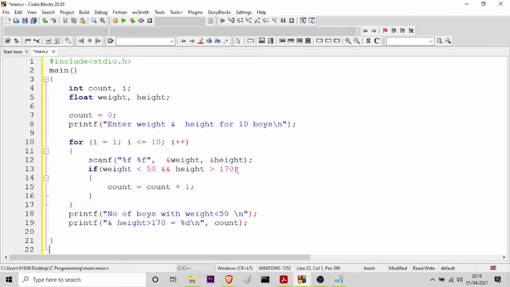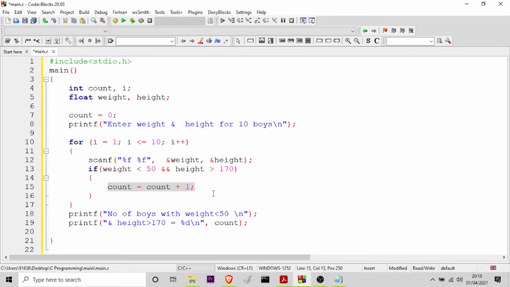So to combine them, I am using this line of code, and here you can see this and. This is the AND operator. So what it will do is, if both these conditions are true, only then it will increment this count by count equal to count plus 1.